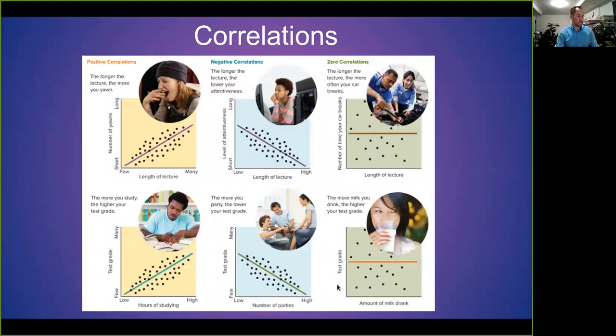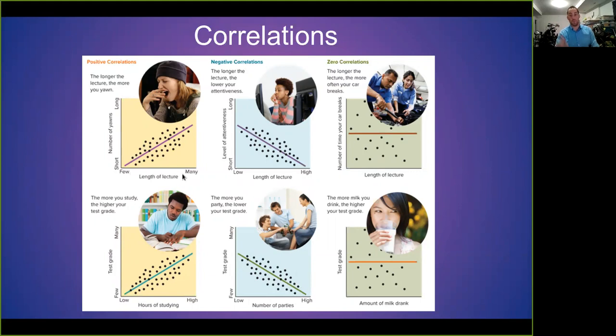So let's look, this one is test grade compared to number of parties. So people who go to many parties, high over here, tend to have lower test grades. People that go to fewer parties have higher test grades. So this would be an example of a negative correlation. So it's a pretty strong relationship here. I would say based on the graph, it looks like it's probably like a negative 0.70, versus over here, the